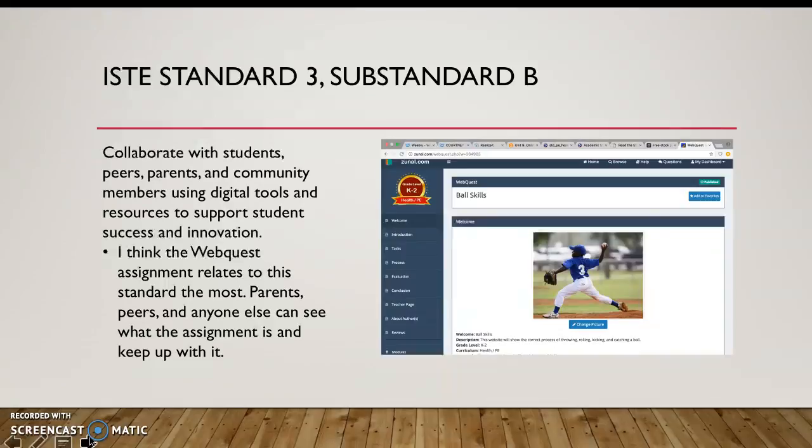Substandard B was the second substandard I used. It was to collaborate with students, peers, parents, and community members using digital tools and resources to support student success and innovation. I again thought that the WebQuest was the best assignment that related to this substandard, because it allowed anyone to get onto the website and be exposed to the information on the website, and it also allowed